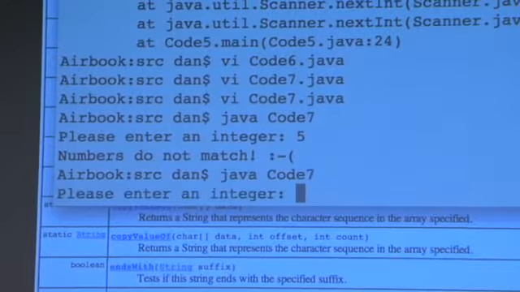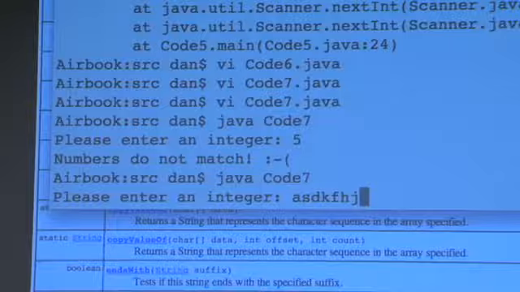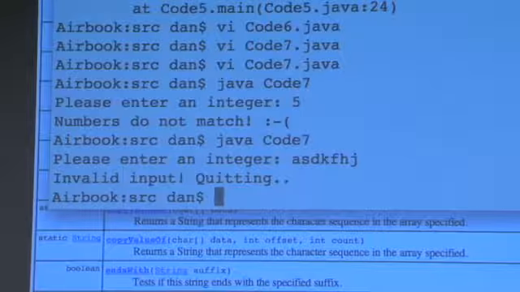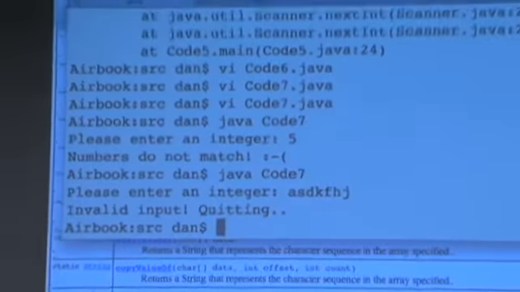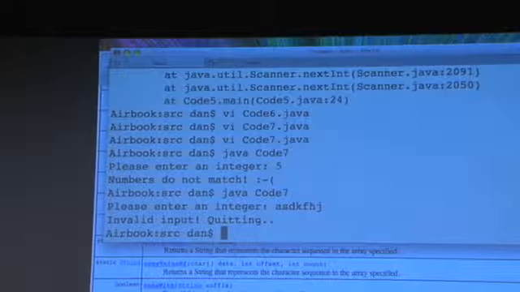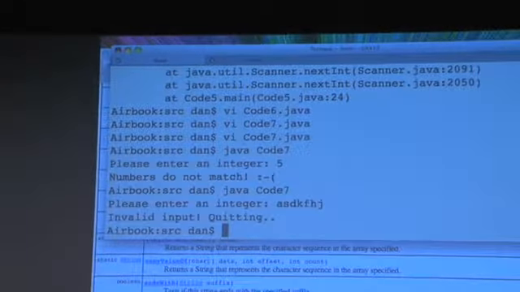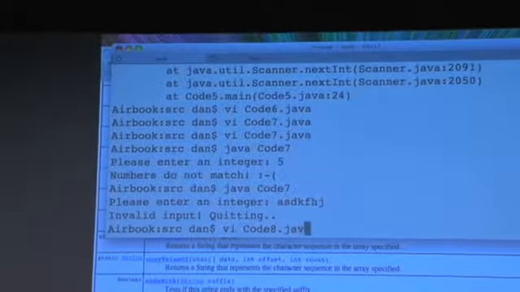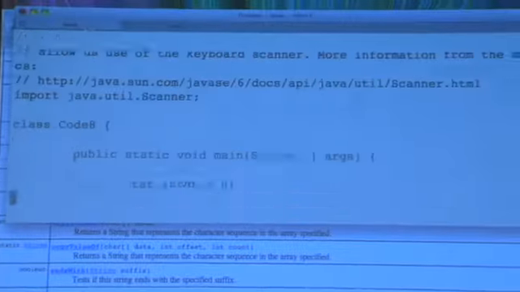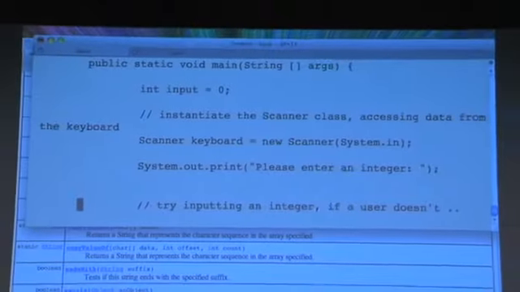But now, if I do the same thing, where I ignore the instructions and enter a string instead, we catch the exception that was thrown in. Rather than having that nasty block of error code that we saw up above, we're actually outputting something useful to the user. Now, this is all well and good, except that this is still not very great, because